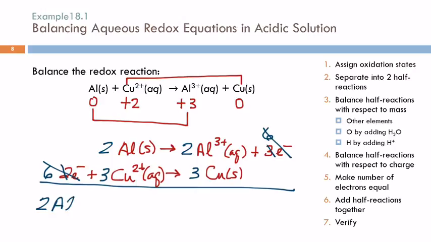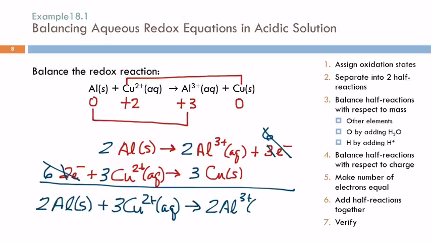And then I'm going to copy down the other stuff. So I've got 2 aluminums and 3 copper ions, and 2 aluminum ions, and 3 copper atoms. And then you should check that it's balanced by mass and charge. Now on the left I have 3 times 2 plus, 6 charge, and on the right I have plus 6